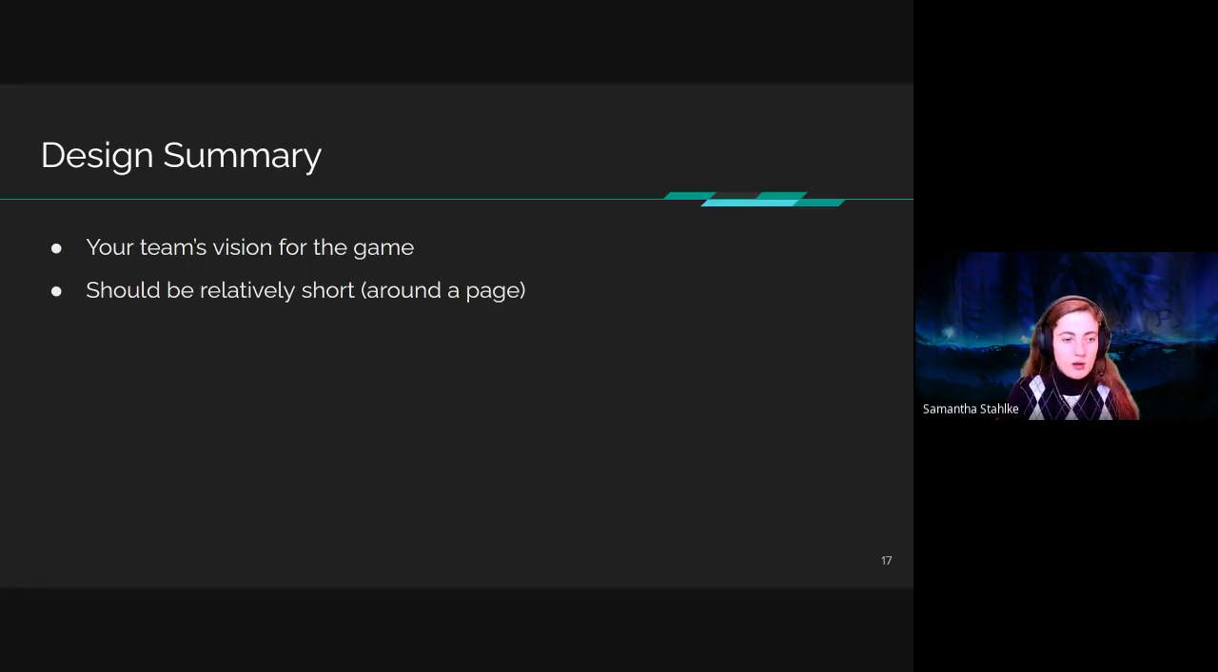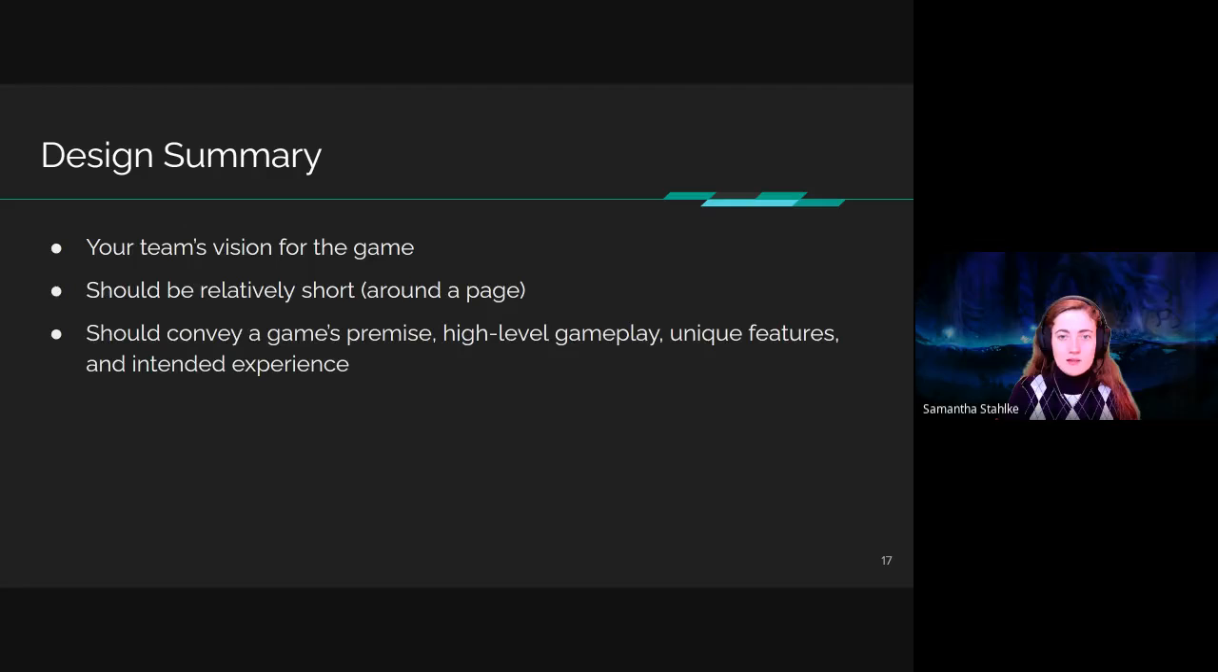So the design summary of a GDD should be relatively short. It's usually around a page, and it should convey really high-level things about your game. So the premise of a game, if we remember the dramatic elements of games, high-level gameplay, unique features, and the intended experience of your game. Obviously you can include more details as necessary, but this is really all you need to convey your design